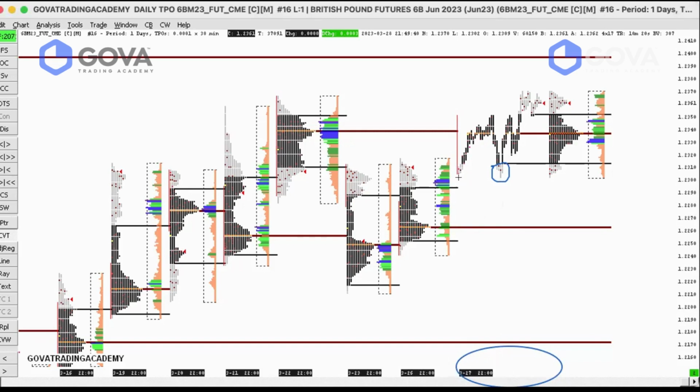So this zone here happened around 1 o'clock, 1:30 a.m. Okay, this area here happened at 1 o'clock, 1:30. This area here happened at 10:30, 11 a.m. today. Okay,